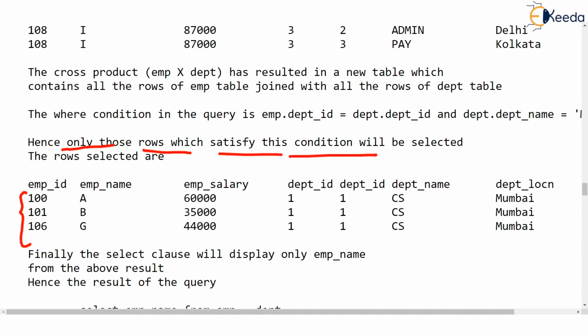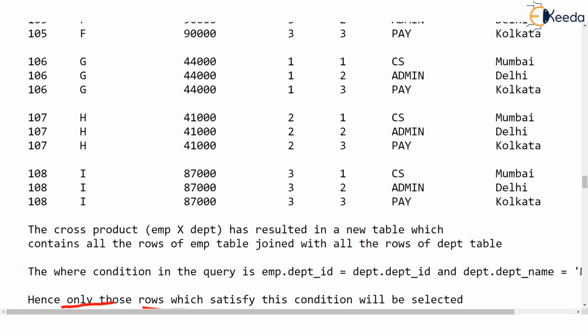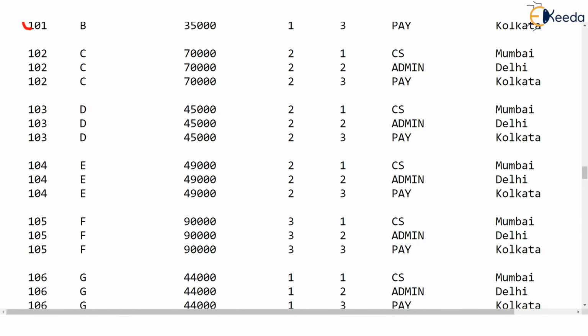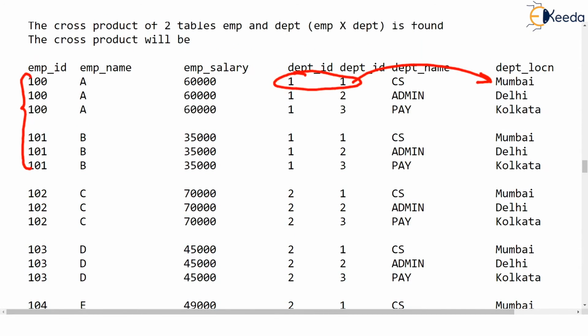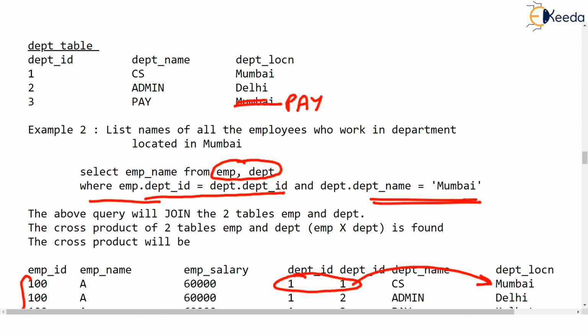I hope you are understanding. Departments matching and location is Mumbai. Correct? I think the result is incomplete here. There are some more people working in a department located in Mumbai. Let's find out. Oh, I see. Correct. This department is located in Kolkata.